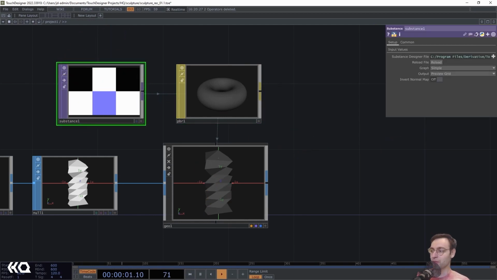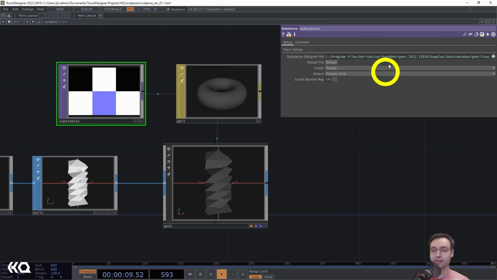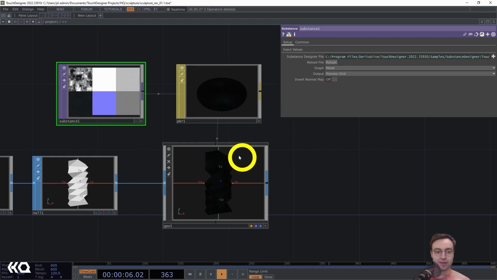Let's head into the substance top for a moment, where we're going to make a couple of tweaks. So the substance top works with Substance Designer files, and it actually comes with a default demonstration Substance Designer file that is pretty useful on its own. If we click the graph drop down here, we have a number of materials available to us by default. For our sculpture today, I wanted to use a metal material for that particular look. So I've clicked the graph drop down, and then clicked metal to switch that to a